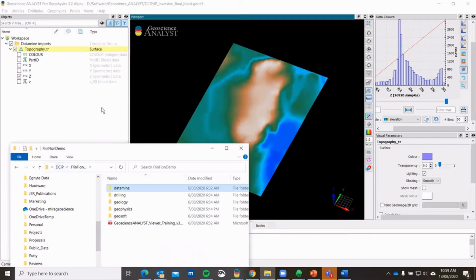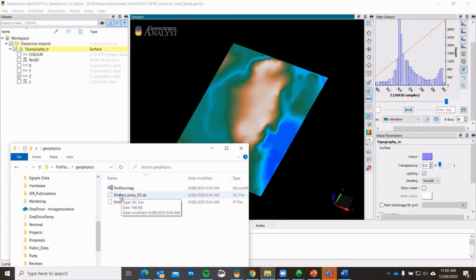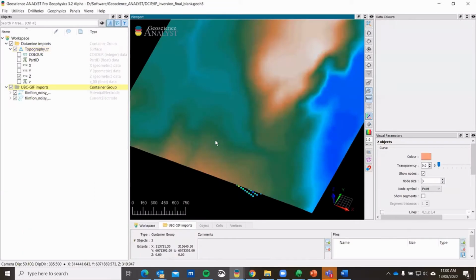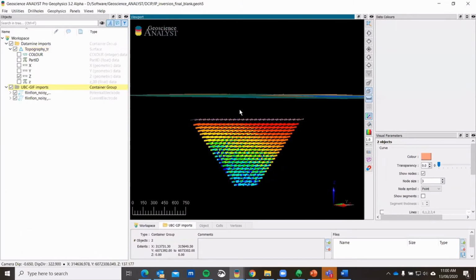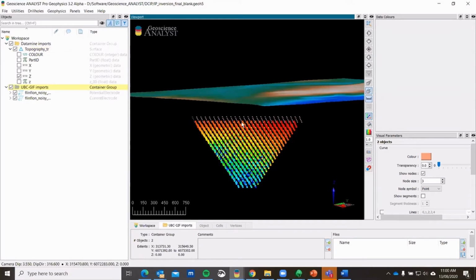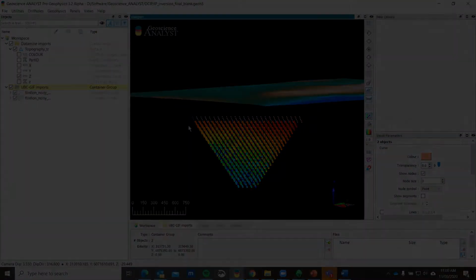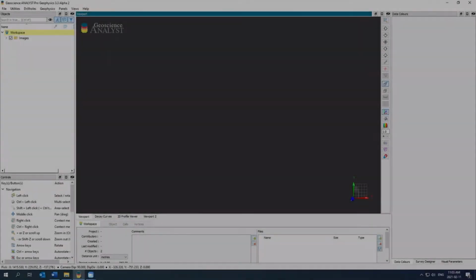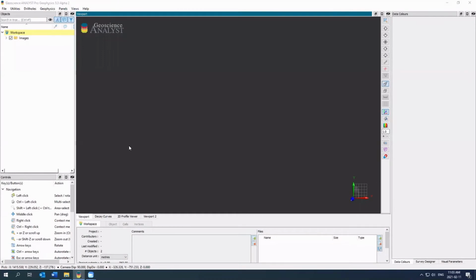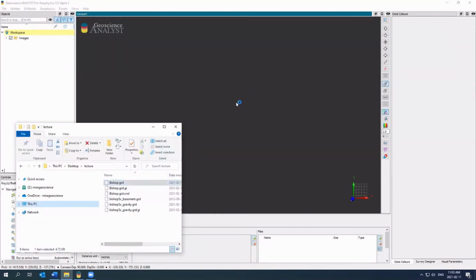So we now load some resistivity data. This is just in UBC observed data file format. Just again drag and drop that into the viewer window, and you can see here that we're seeing the pseudosection of the resistivity data. So these are normalized voltages or resistances. I'm going to start by just the data. And here I have a grid of data